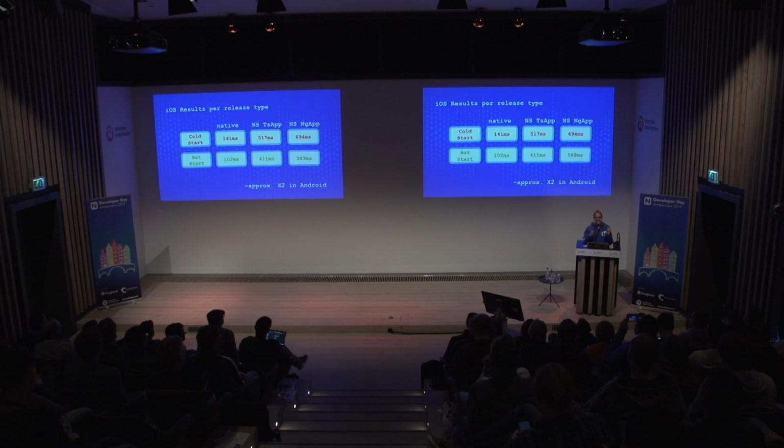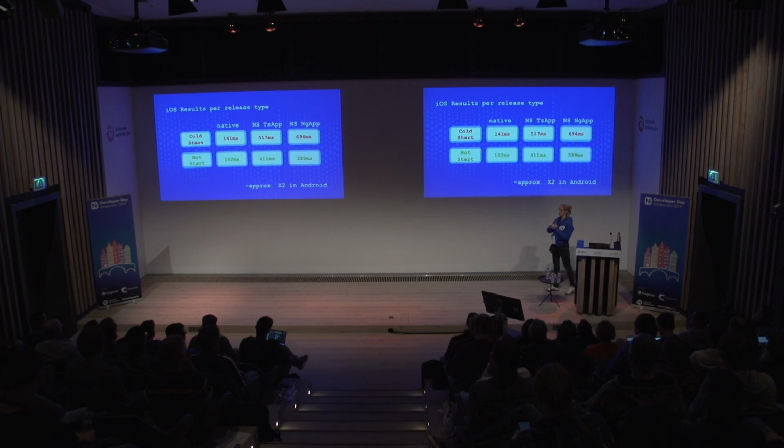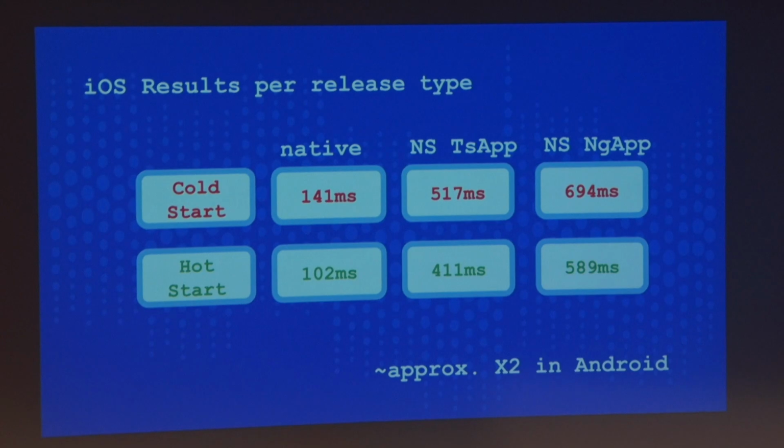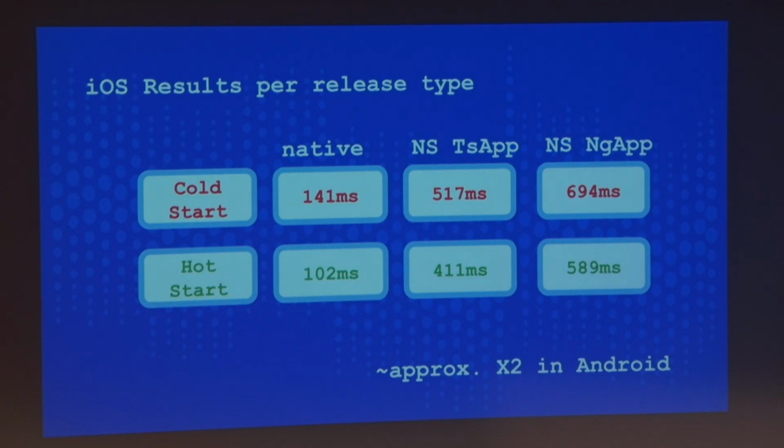But yeah, let's talk about release results per type. And I'm not even putting Android here because it's like +2 or by 2, sorry, all of these numbers. But on cold start, you can see the numbers. For native developers, it's a bit easier or better results. But when we are working in NativeScript, or even NativeScript plus Angular, they boost. So 694 milliseconds may not be that bad, but